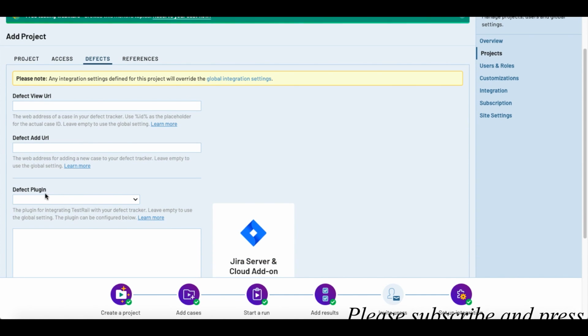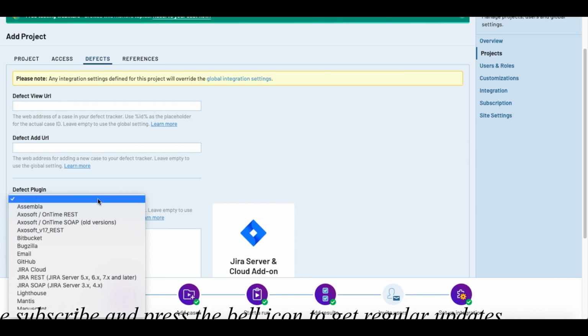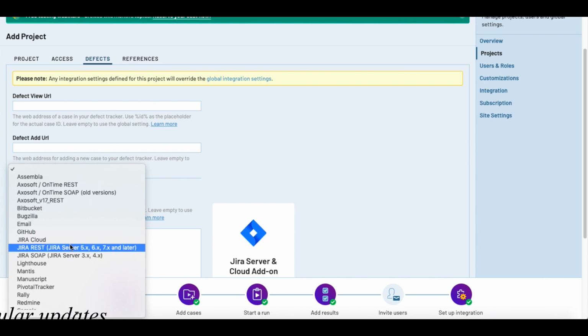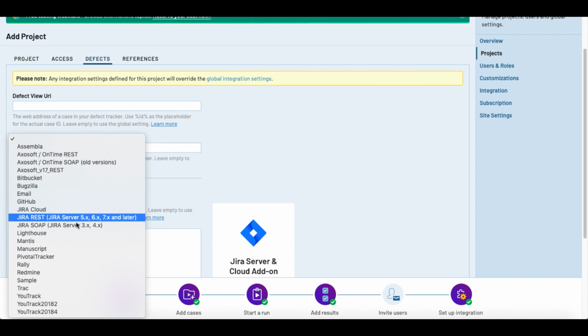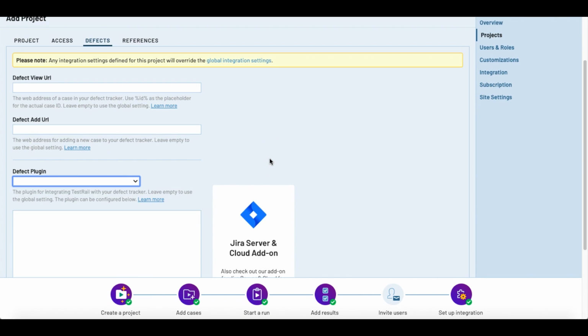There is a drop down for defect plugin in which we can select different software. For example, Bugzilla, GitHub, Jira Cloud, Jira REST, Jira SOAP, Lighthouse, Mantis. These are the different bug management software, and these are the plugins that we can use for our defect management.